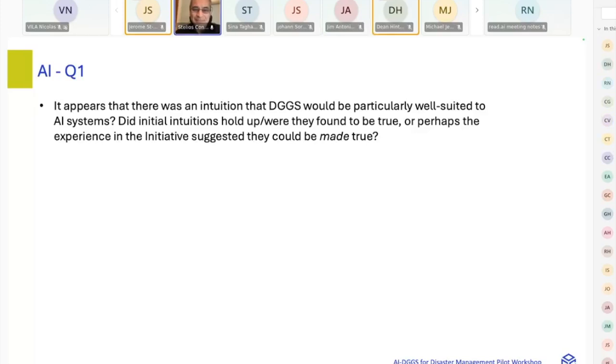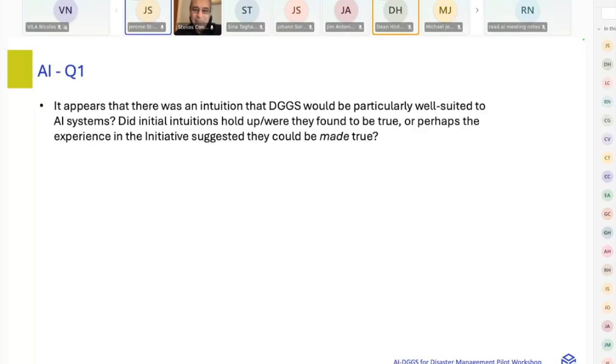Jerome? Yeah, I'm hoping someone else who actually worked on the AI aspect in the pilot will comment, but since no volunteers, I just want to repeat my suggestion from earlier. It's not what we did in the pilot, but I really think vision transformers is a light bulb that went on this morning. I think the subzone concept would be a great general way to do the vision transformer approach, getting the attention of the different subzones talking to each other so that the LLM can see what is in the parent tile and aggregate that to the coarser level, or the other way around. You start coarse and then you keep refining.